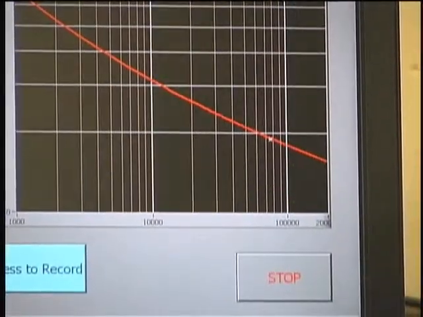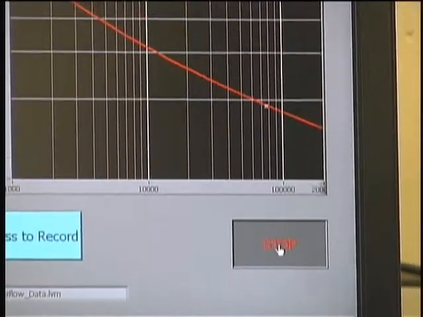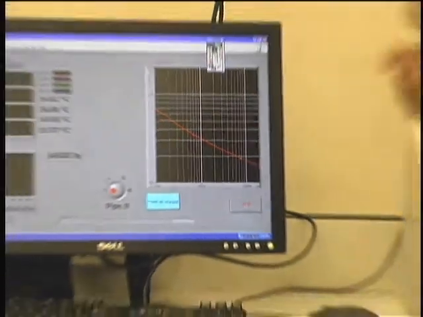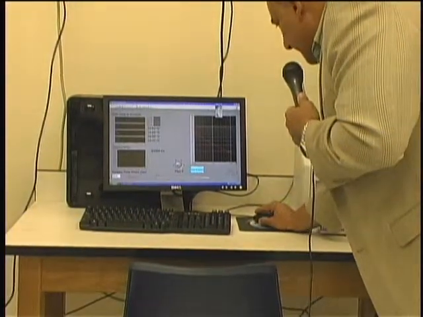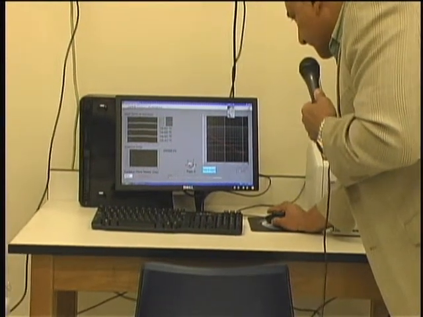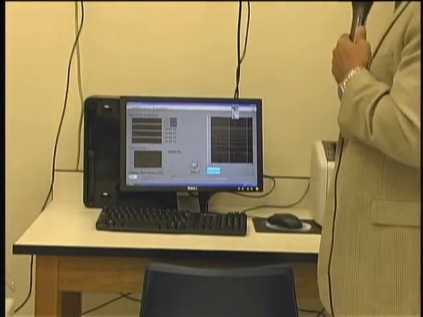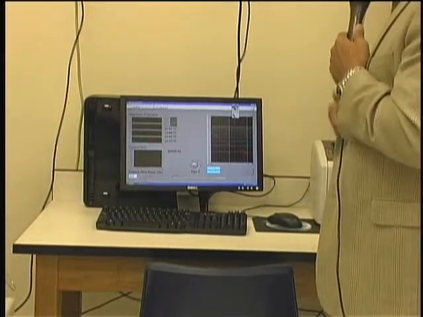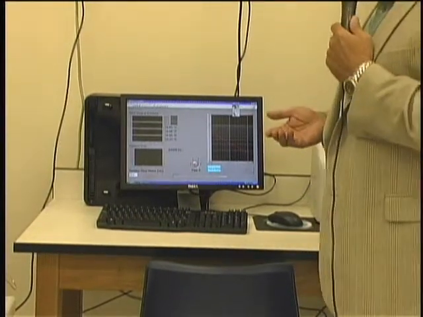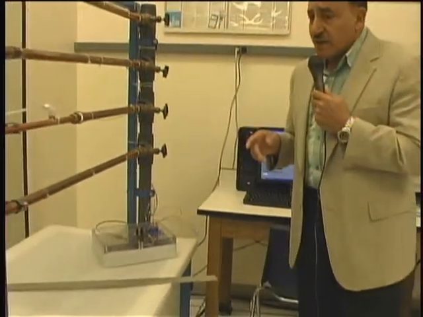And then once I do the measurement, I press stop, and this will stop the recording, so you have all of the data. After you stop the data, then we will be ready to save the data and then move on to a different pipe. And actually, before we move on to the different pipe, for this particular one,